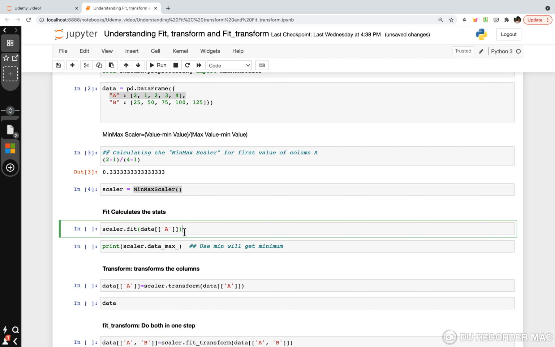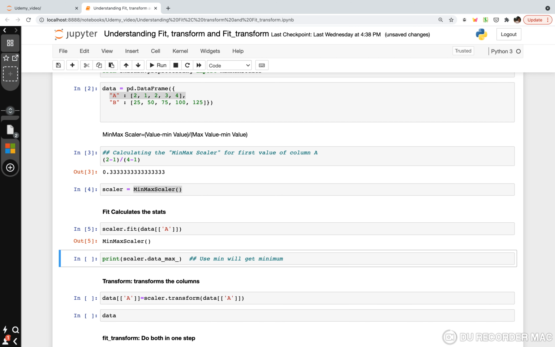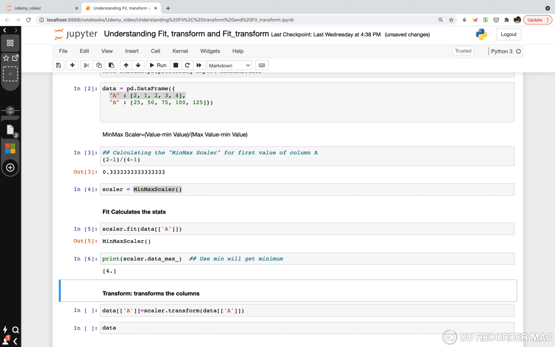I'm doing it on one particular column. Since I have done fit here, it will capture the maximum and minimum values, which you can see by using this. This is the maximum value of this column, and if I do min here, it will show the minimum value of the column.